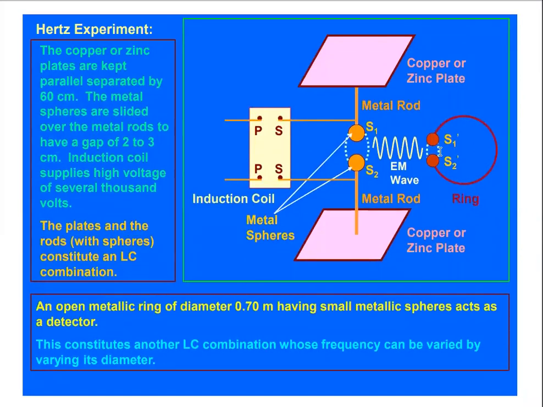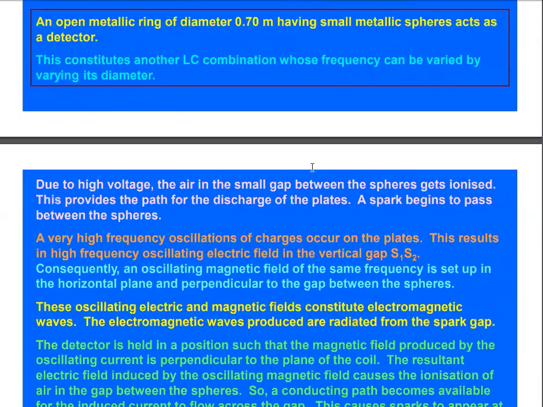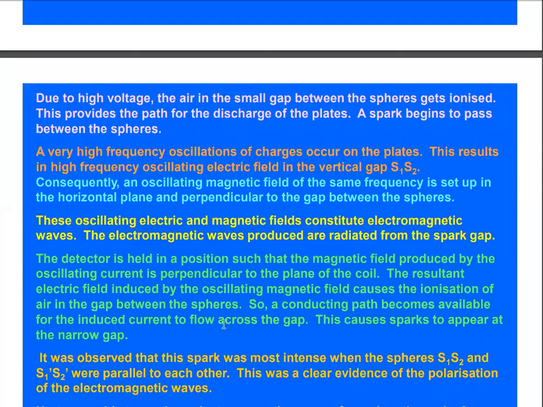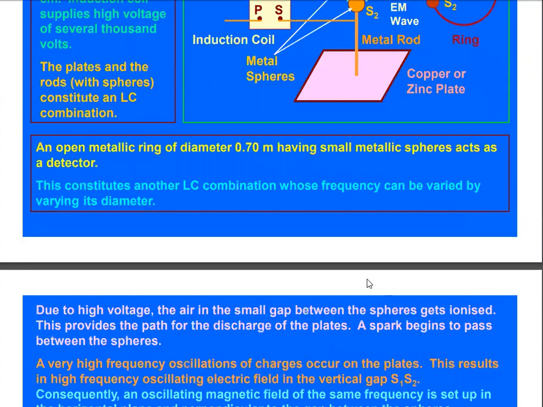And these ions again will oscillate with the same frequency as the magnetic field or electric field is changing. So a conducting path becomes available for the induced current to flow across the gap, and this causes a spark to appear at the narrow gap. So here you see,